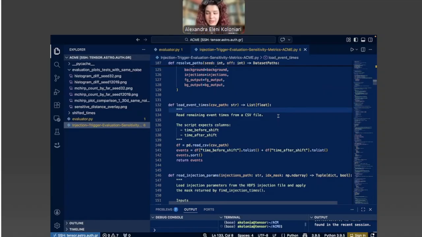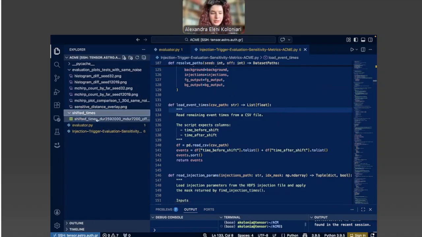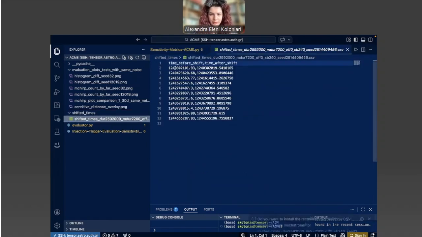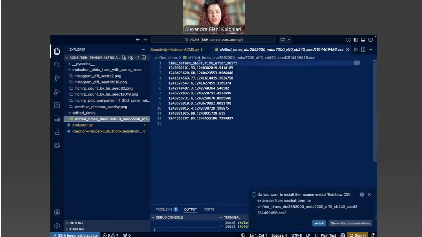So we have here a file, a CSV file, which is included here, that is also uploaded, which includes, it mentions which was the time of the event before, the actual time of the event, and where that event shifted, because we have different background segments, so we have a shift between the two detectors in order to create different background.